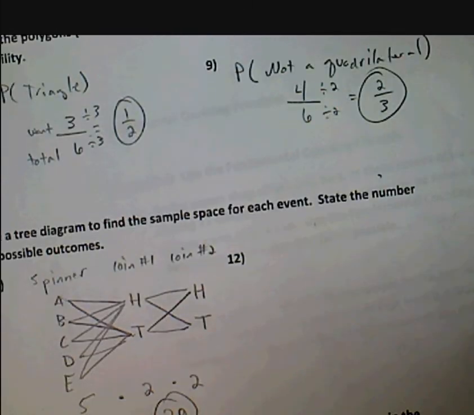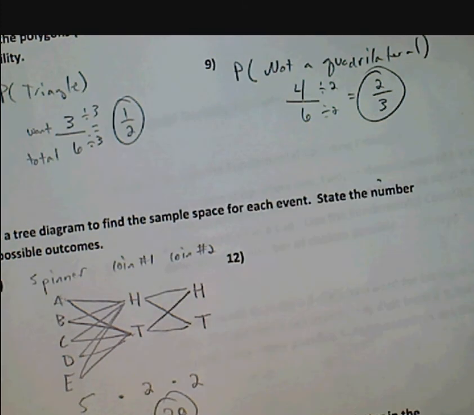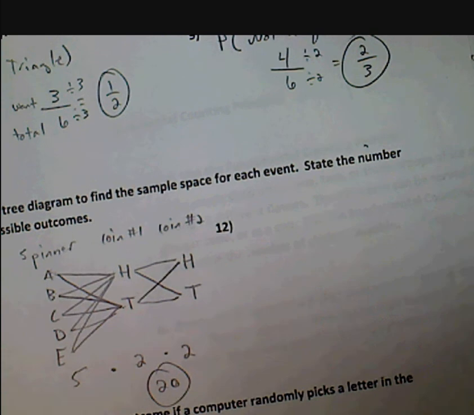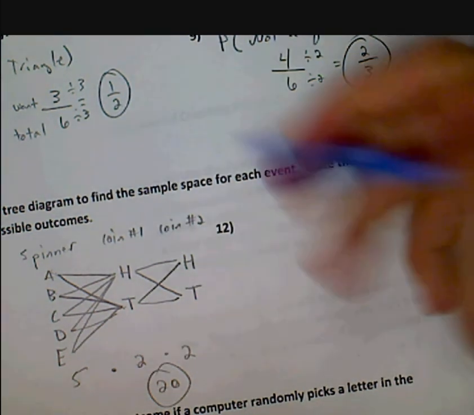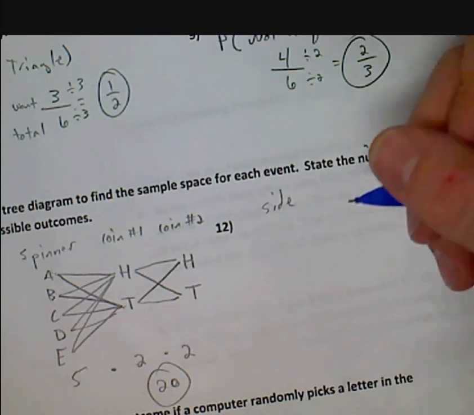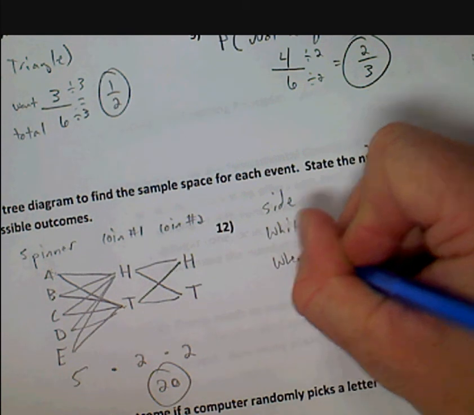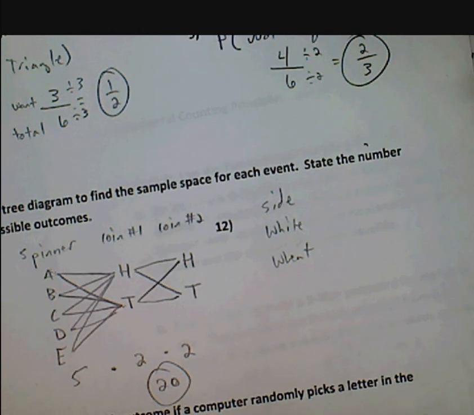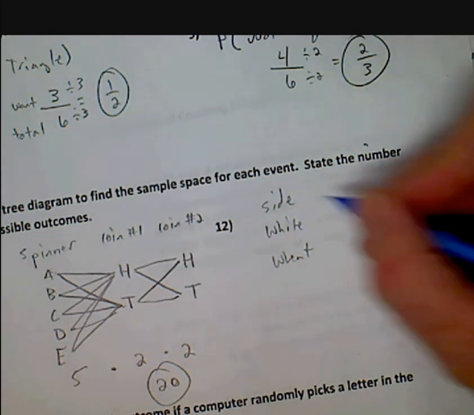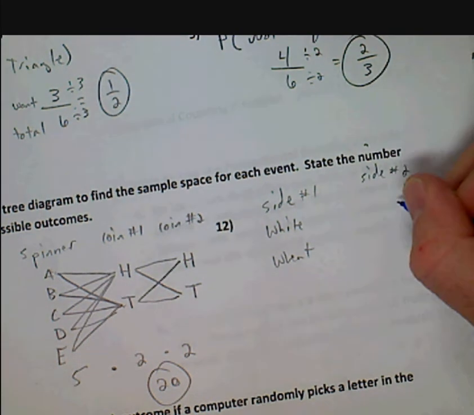Number 12. Pause the video and try. On number 12, at a restaurant you choose 2 sides to have with breakfast. So you get to choose a side for breakfast. You can choose white or wheat. Then you can choose sausage links, sausage patties, or bacon. So here's my side 1, which is toast, and then I have a side 2, which would be